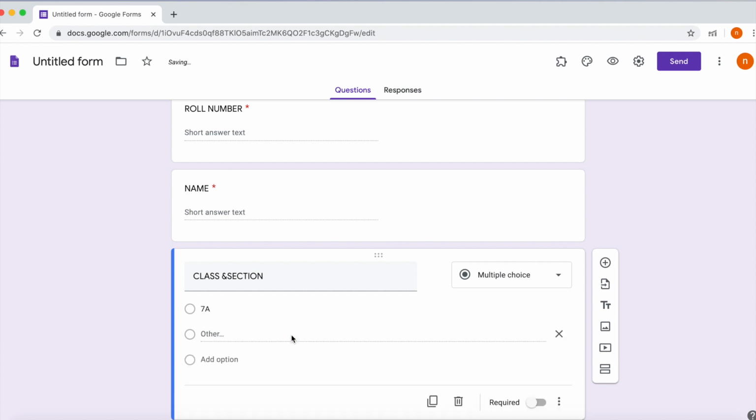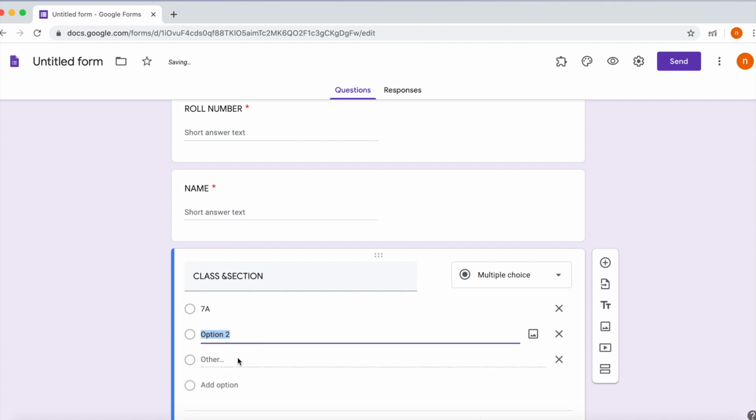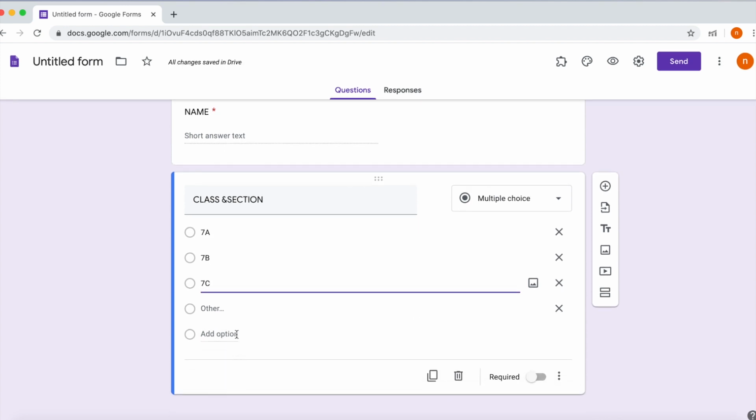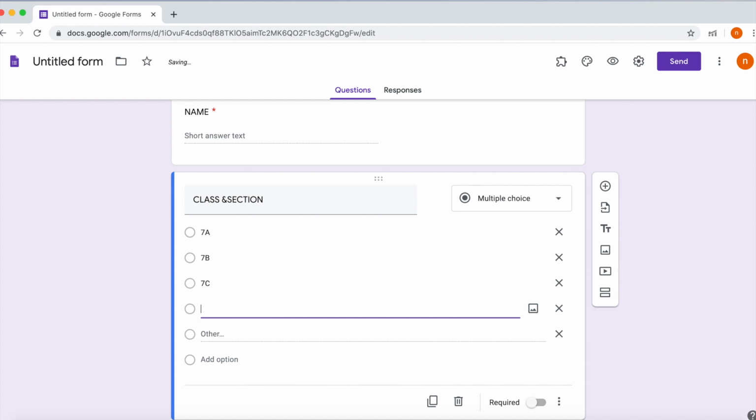So better you give the options 7a, 7b, 7c, 7d. Like here I am writing 7c and 7d. It is also required.